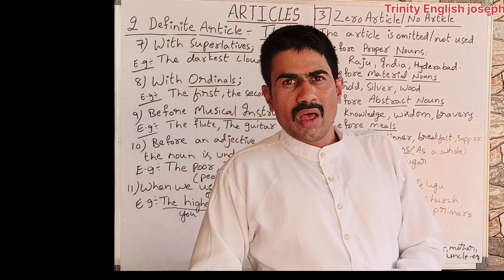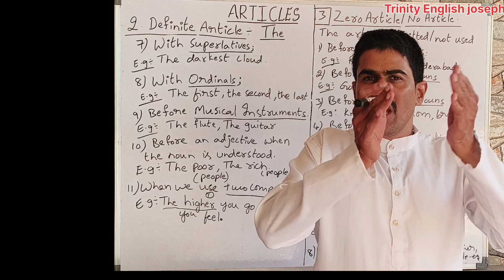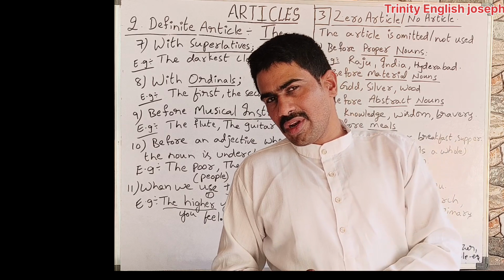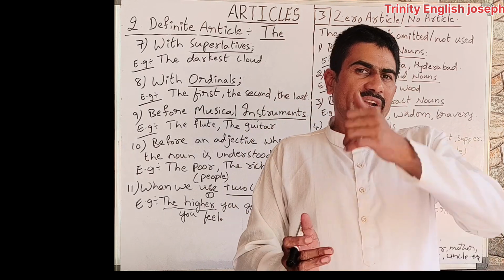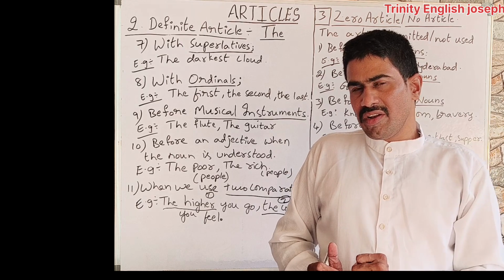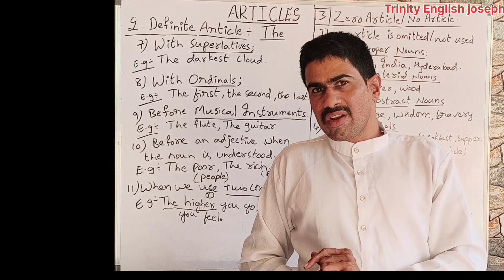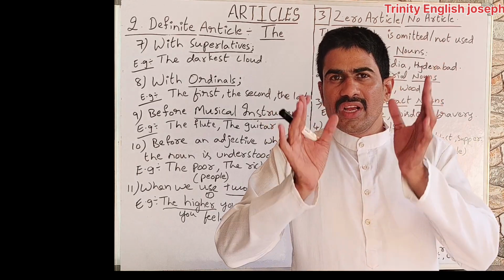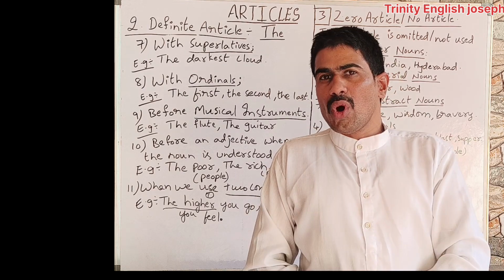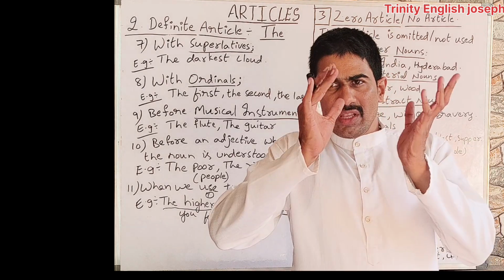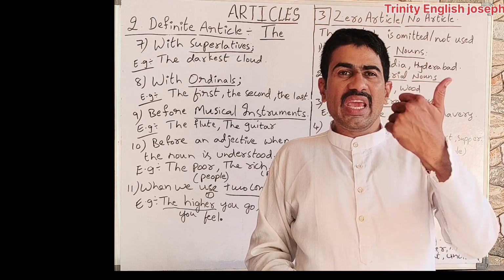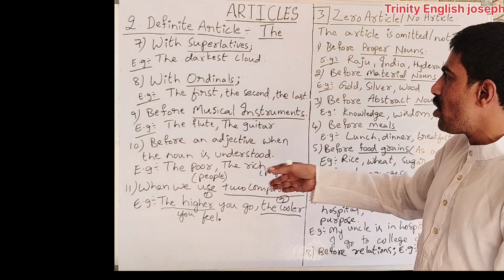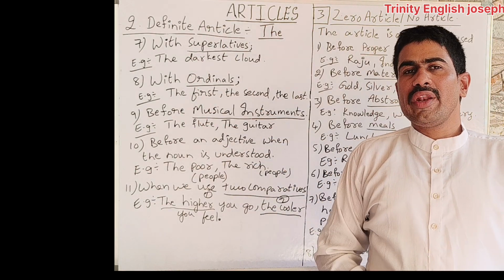So students, how to differentiate and understand between these three articles: indefinite article, definite article, zero article. The simple thing is, when it is not definite, that is the indefinite article. When it is definite, that is the definite article. And when we use it in a general sense, that is called the zero article, or no article, or omission of the article. So when they give you in the examination a, the, and no article, whichever is suitable from all these, you can choose.